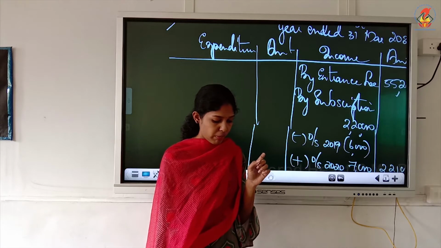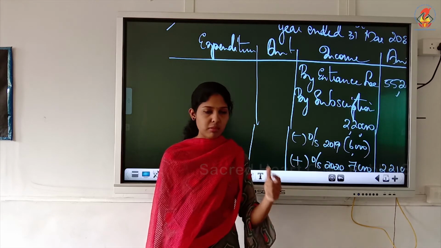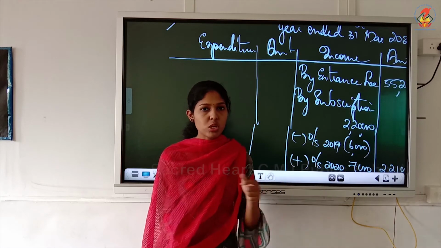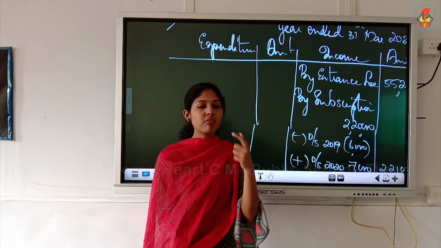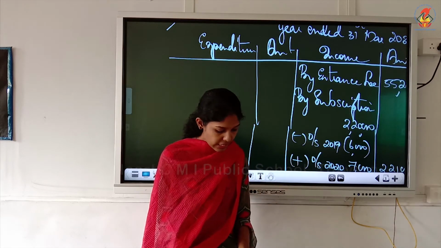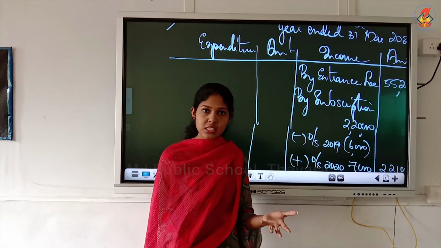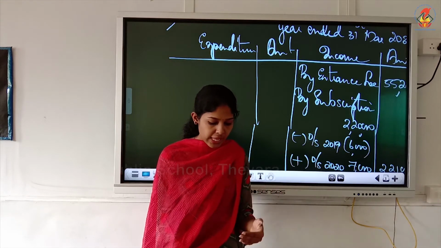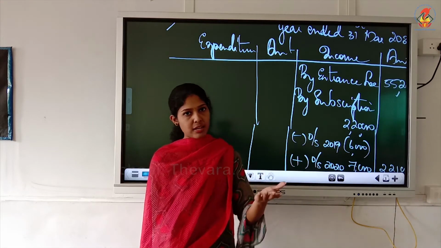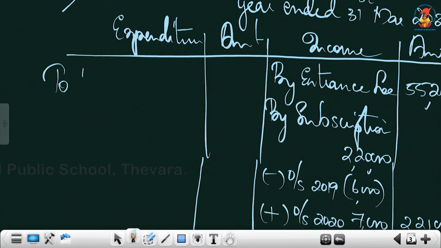18,000 by way of rent in the beginning. That means outstanding in the beginning. What should we do? Outstanding in the beginning we have to less. And there is the same figure, 18,000 outstanding at the end of the year, which we will add, just like subscription. So write here rent and taxes,